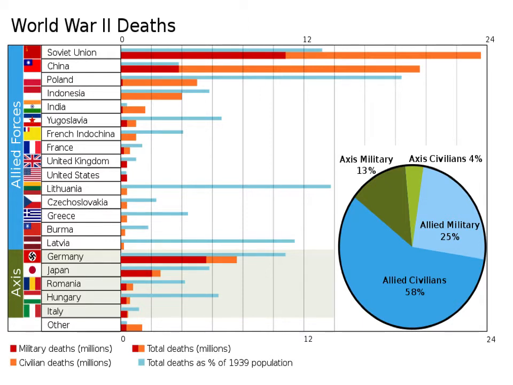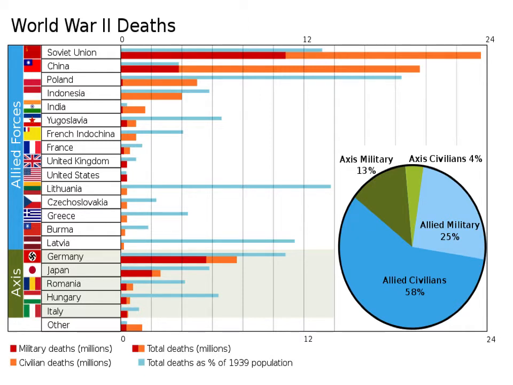When it comes to China, again, it's very close to 20 million. The vast majority of them are civilian casualties because of the treatment of Chinese civilians by the Japanese invaders. Poland, of course, you can see almost all of their casualties, which is almost 20% of their entire population, comes from the civilian deaths, which again is as a result of the Holocaust. If we move down, we can see things like Lithuania. Again, a lot of that is the Holocaust. Latvia.